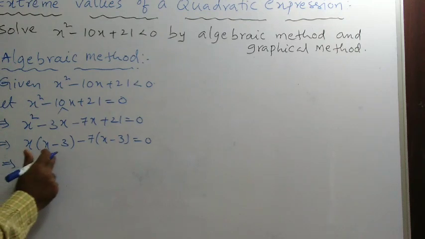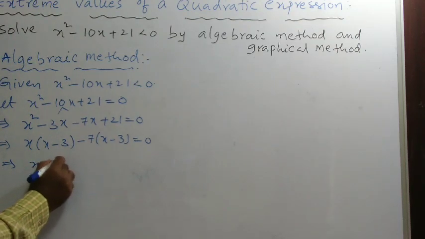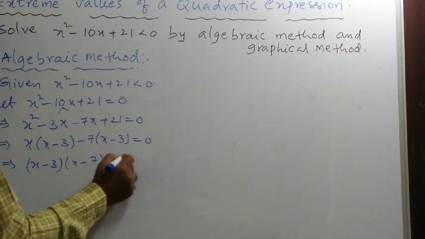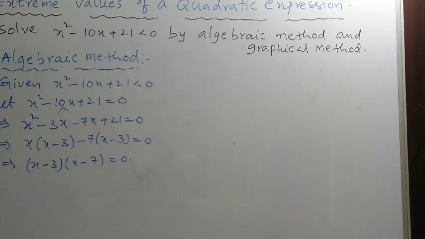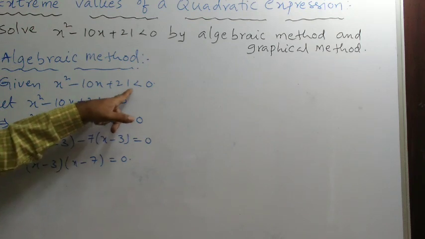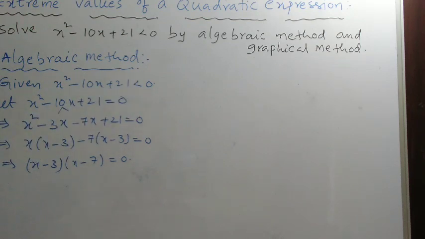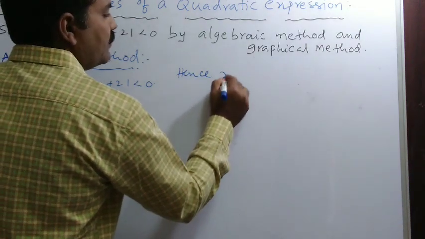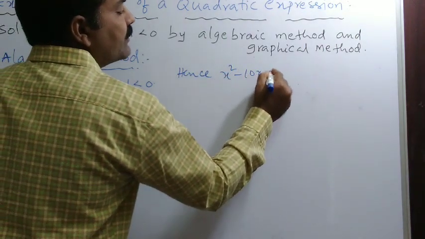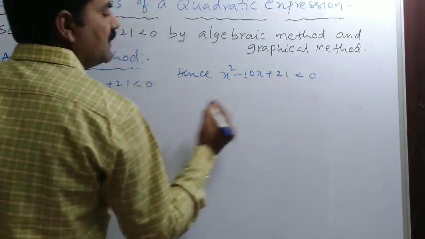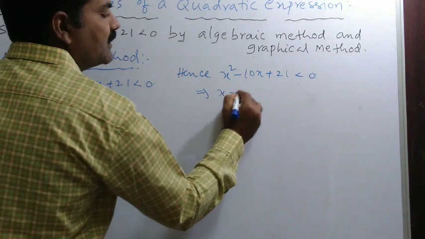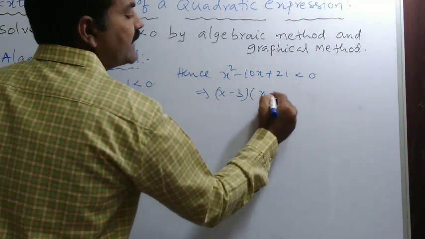Now here x minus 3 is common, then this is x minus 7, which is equal to 0. But we don't have an equation, we have an inequation. Hence actually x square minus 10x plus 21 less than 0, I can write it as the product of the factors x minus 3 into x minus 7